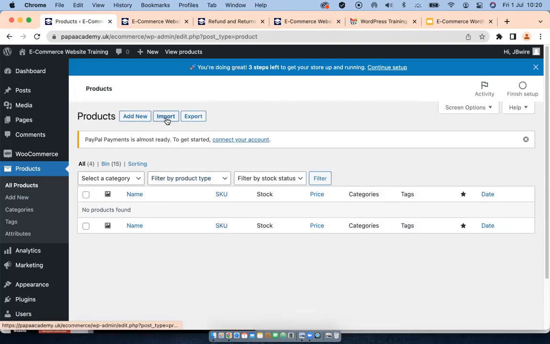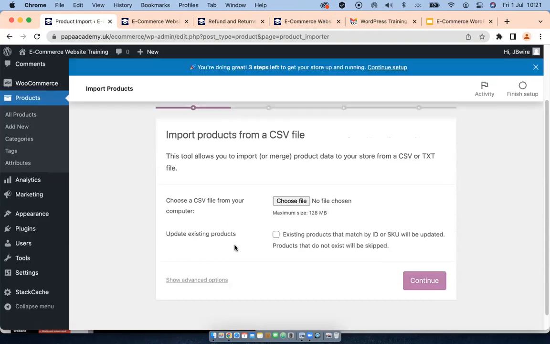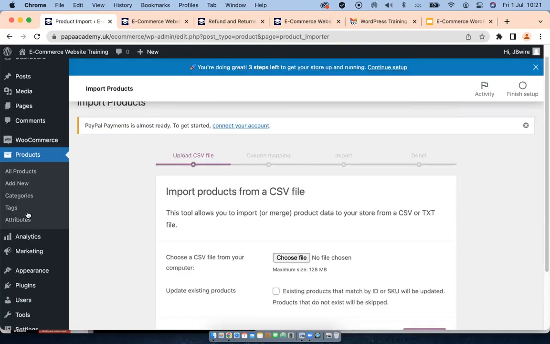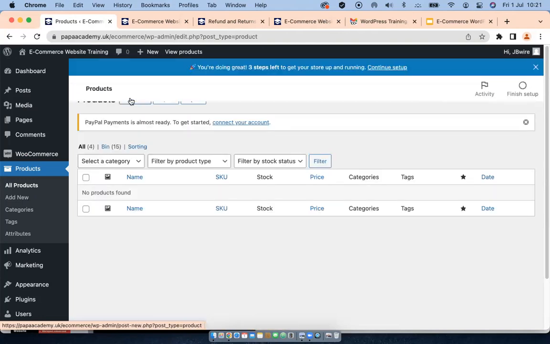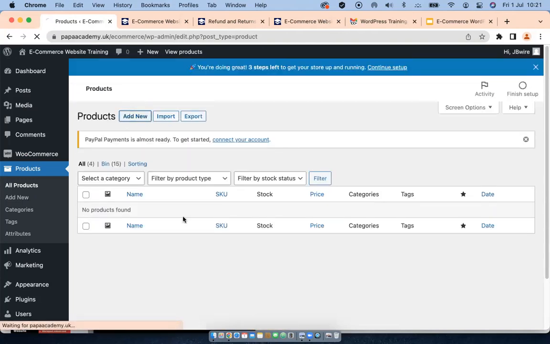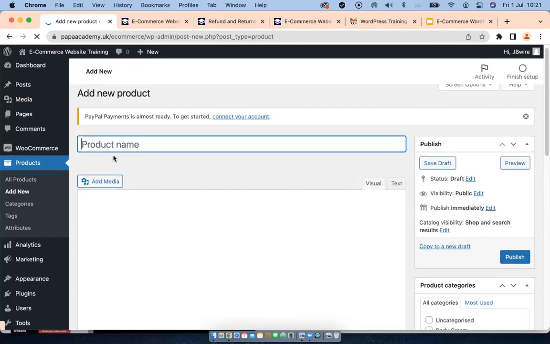If you have products on a spreadsheet somewhere, you can import them. If you click on import, then you go through the process of importing. They'll just come into your store straight away. But we don't have them on a spreadsheet or somewhere, so I'm going to create new products from scratch. Add new. So we go to the products page and